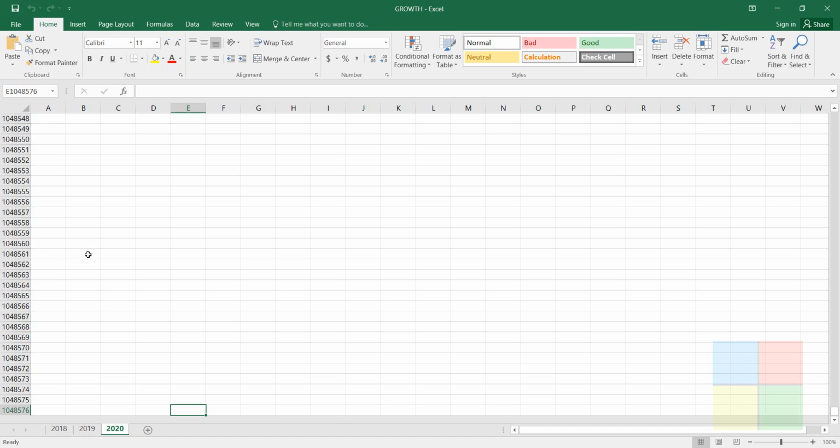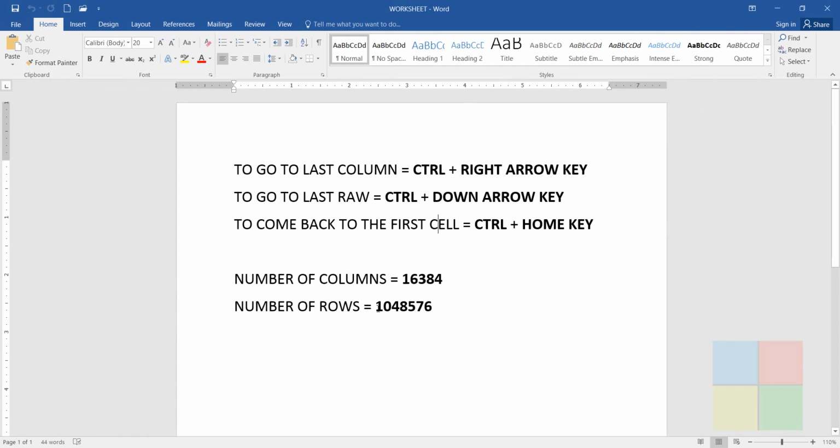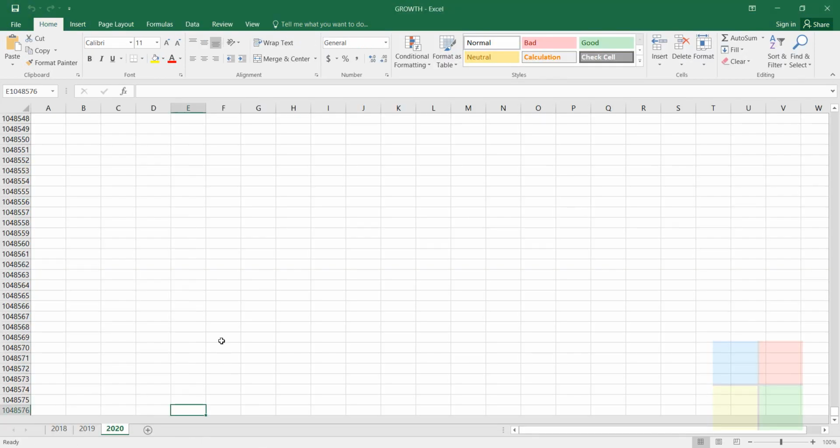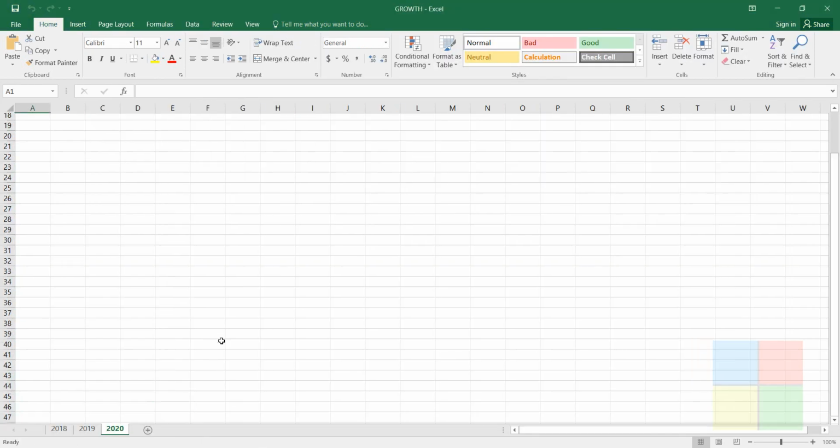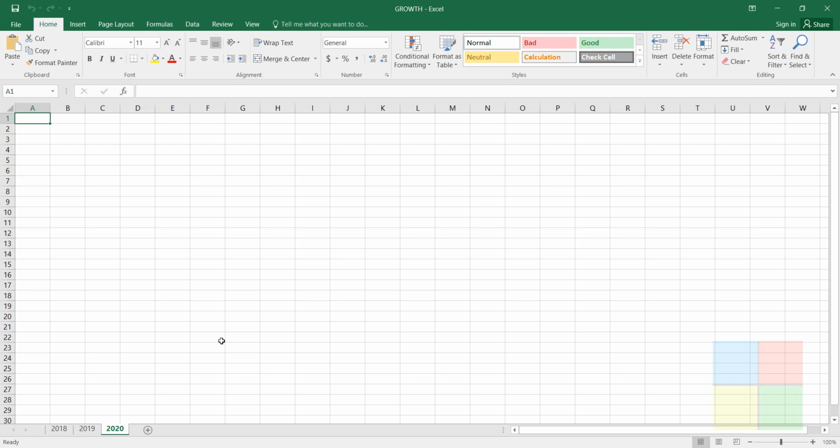That is a huge number. 1,048,576 rows a worksheet has. So to go back to the first cell, you can click on Control plus Home key, and come back to the A1 cell.